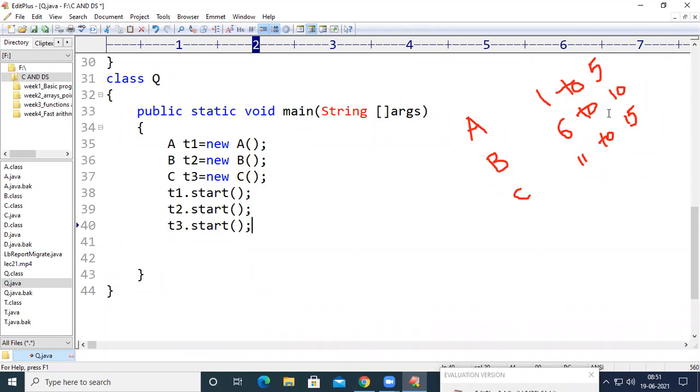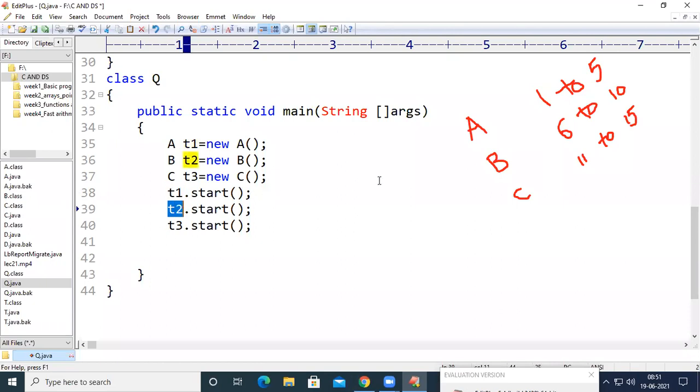For example, if it is following FCFS, meaning first come, first serve, then we had moved T1 into the ready state first. So T1 will get executed, and it is going to print the numbers from 1 to 5. And T2 has moved next to the ready state.